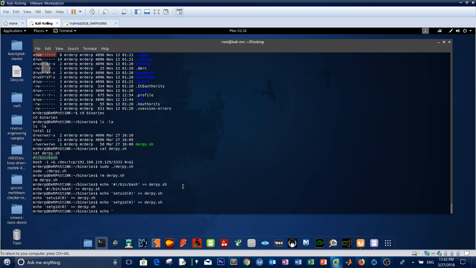So now we are setting the effective and real ID to be 0, which is the ID of the root user. So now